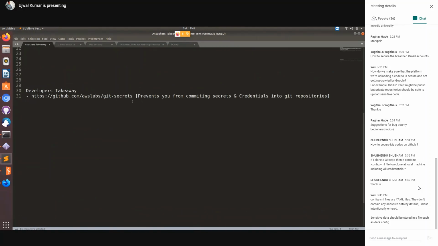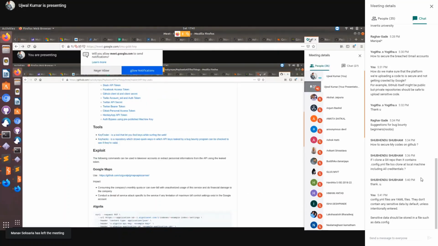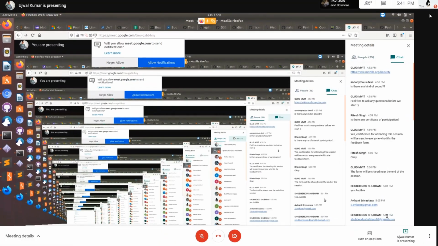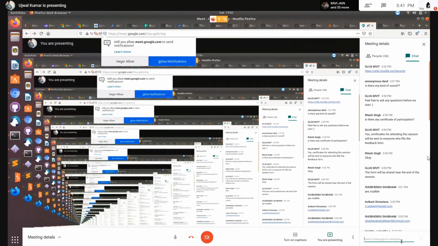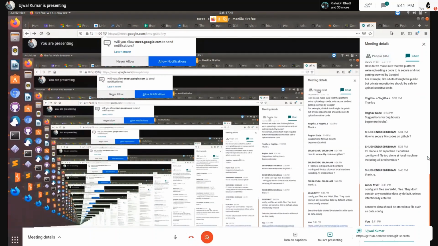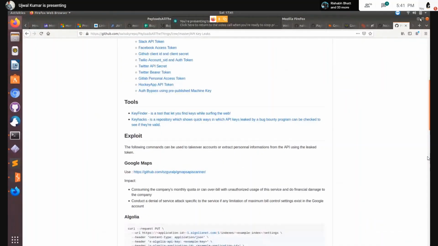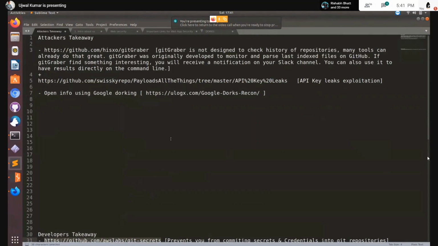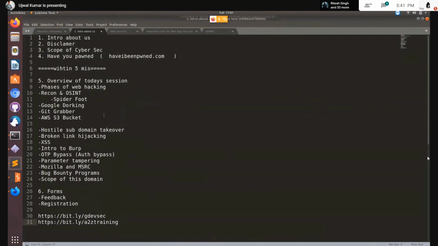This could be a huge takeaway for all developers: just set it up with your CI, and it would not let any critical information through. Oops, I don't like infinite loops. So developers can always use this. Information gathering might be a bit boring.